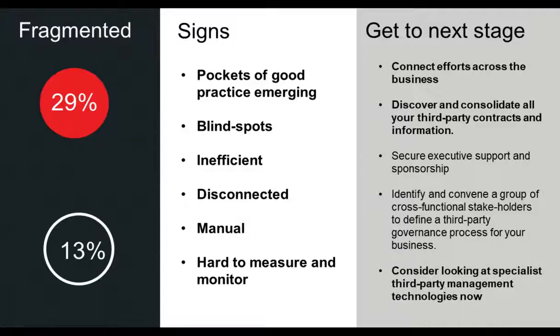And so I think that's really what's going to help you determine how you approach and when you move forward, once you've gotten one part of your house in order and you're ready to start expanding those good practices. Sometimes it will be supported through technology, but those good practices that you've developed as a company around multiple risk domains, that's when I think you can start to progress out of the fragmented stage into more of a defined stage, to start to bring those together in a more consistent fashion.